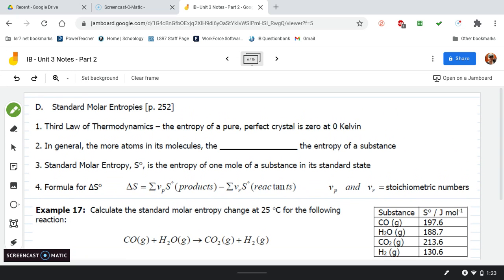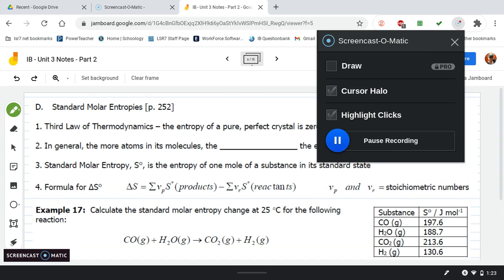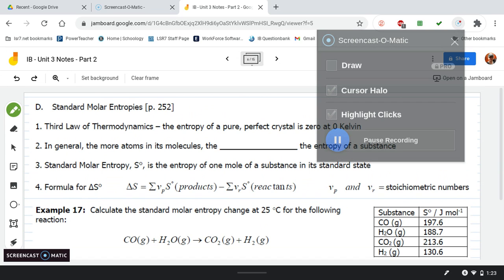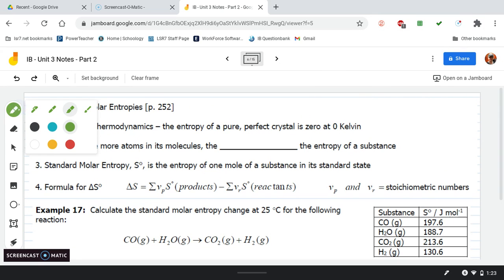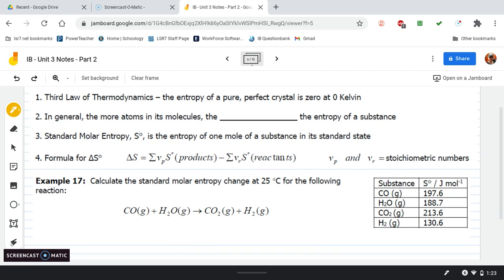Products minus reactants. I'm going to end up stopping here, but we're going to do the same thing we've been doing, products minus reactants. We're just going to substitute in a new value, S, but it also has values we can look up on the charts in products minus reactants. Not a big deal. The one thing that's different is this is in joules, and that is going to be a bit of a